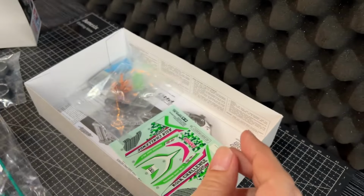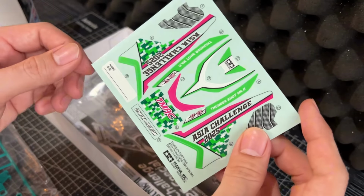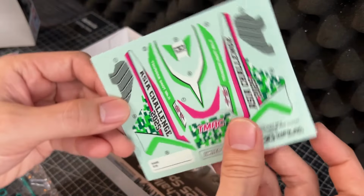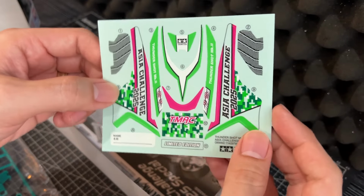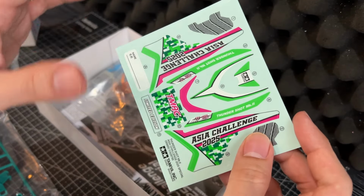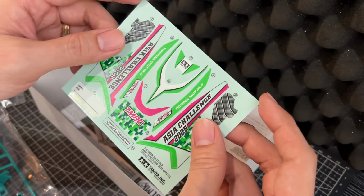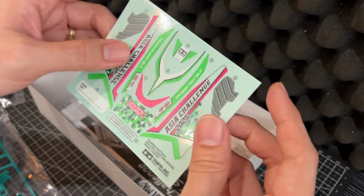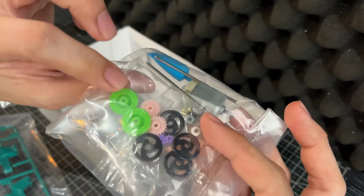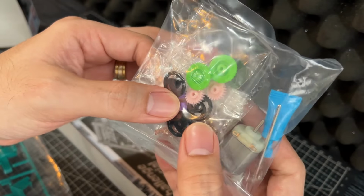All right, so next, these are the decals that I mentioned earlier. Here it's the Asia Challenge 2025 Thundershot PMAC. It's very nice looking decals, but it's up to you if you want to apply it or use your own decals if you have. Now, this pack includes a 3.5:1 gear ratio, and for the rollers,